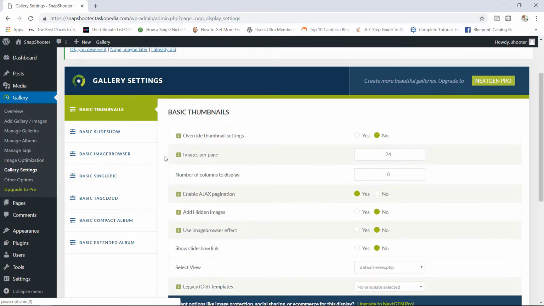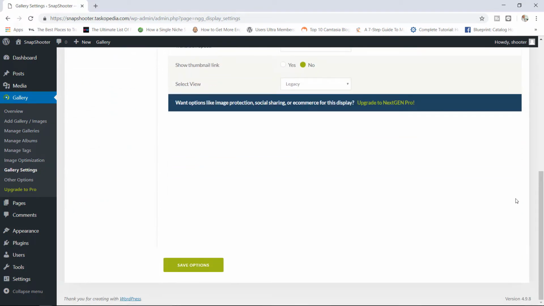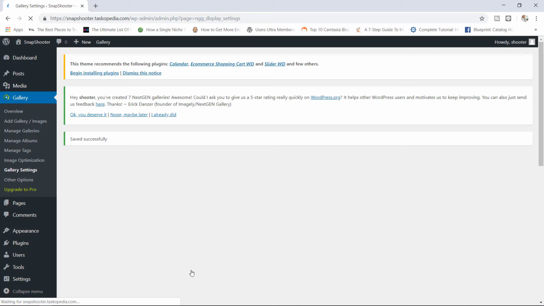So whatever you choose to set in here, this would be the default settings whenever you try to insert a gallery onto a page. But keep in mind that even though in here is where you have the universal settings, you can still change the individual settings on individual pages. All right. So as an example, for the basic slideshow, if I came in here and said, you know what, I want to set my maximum dimensions to, let's go with 1000 by 500. If I did this, if I come back over here right now and I saved my options,